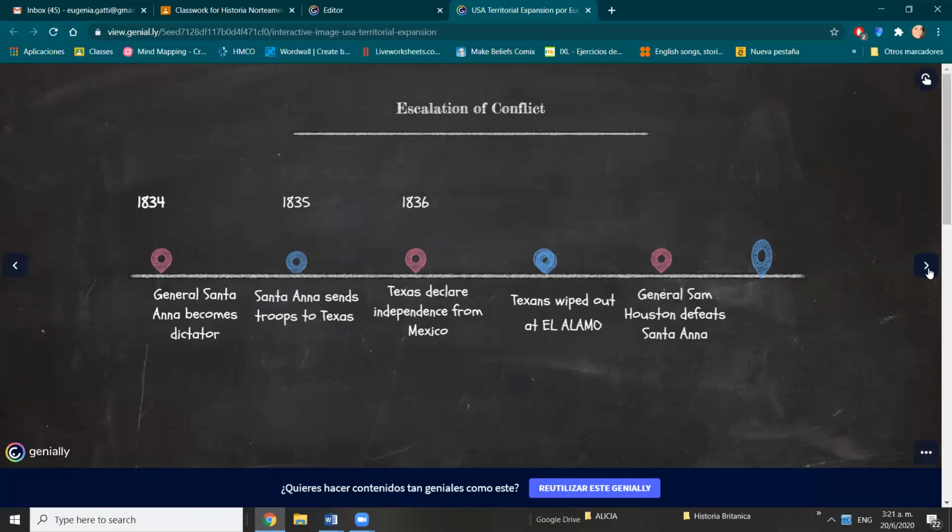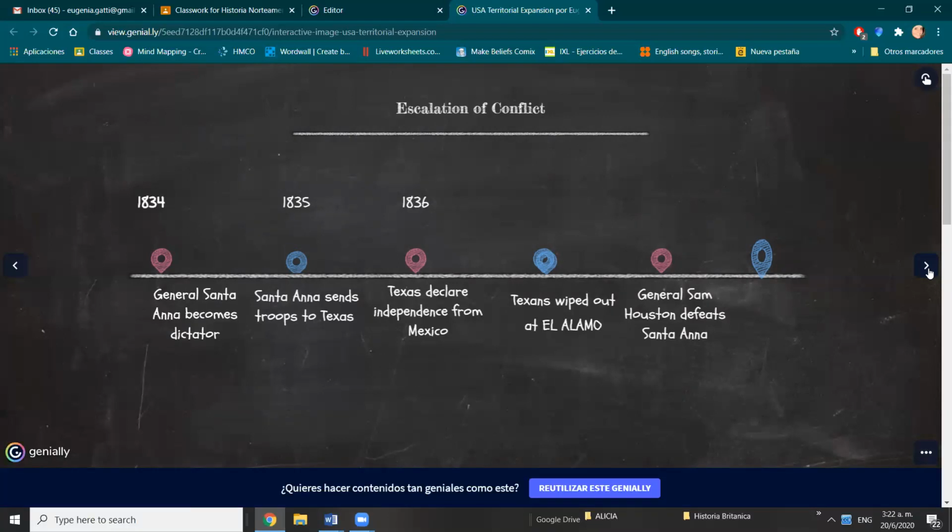Remember, as we said, a declaration of independence doesn't mean that the war is over. It means that the war will continue, in fact. But this is interesting. Who do you think was going to help? Who was going to be the ally for this little province fighting for freedom? Well, you guessed well, the United States of America,